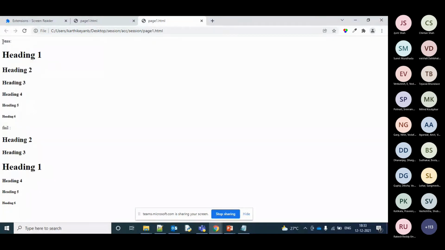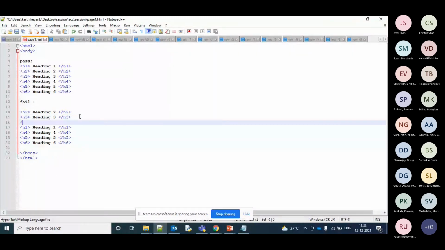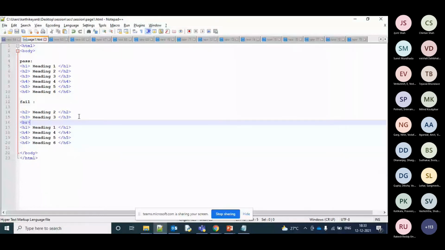Your pass condition will be something like this if it's following this order, and your fail condition is something like this. It fails because after 3, if you get a bigger size font, then it's failed. But this can be passed if you break it. Imagine these two are different contents.